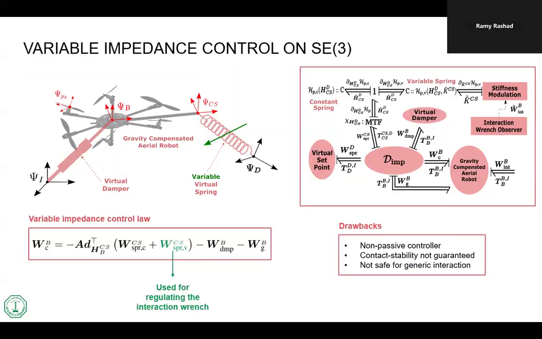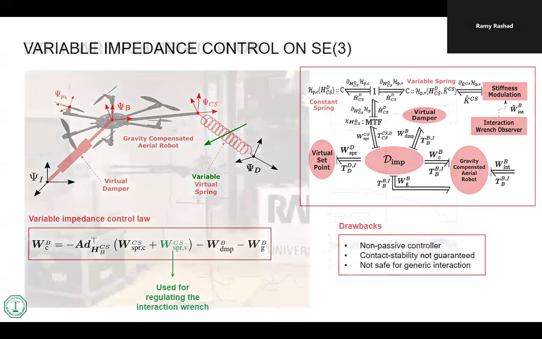Okay. Now I'm going to show you something extra: what if we want the force I'm pushing with to be regulated, which means I want to do pose control and also force control at the same time? In the previous example with a standard impedance control, you cannot tell the drone or any robot to push with this force, push with 1 Newton or 2 Newton or 3 Newton. You cannot regulate the force. In this controller, you can simply do